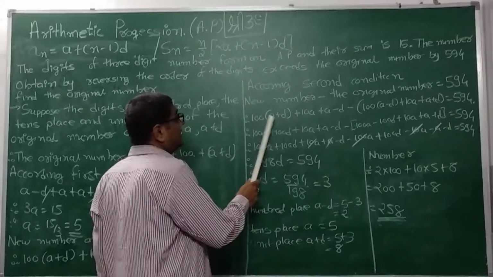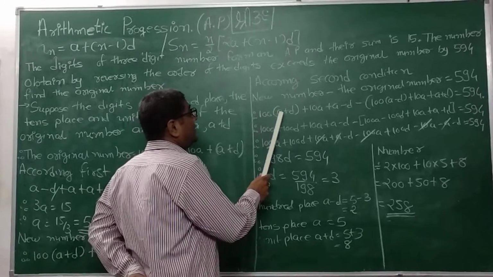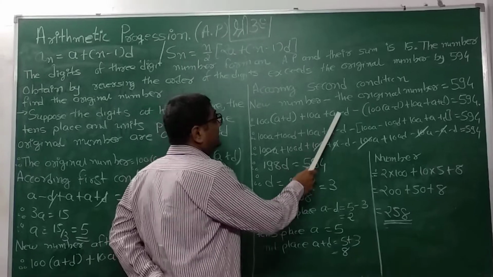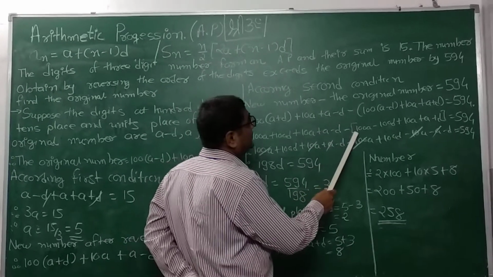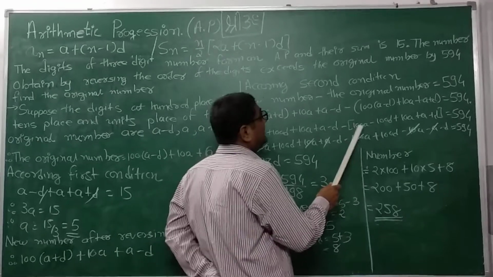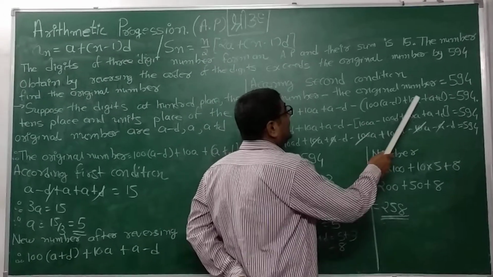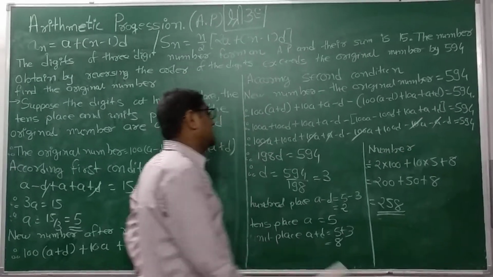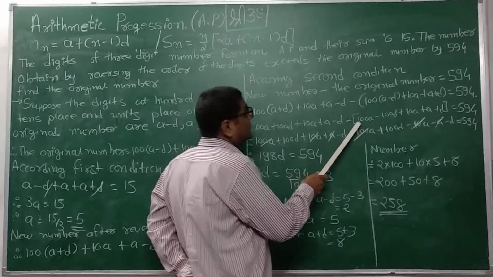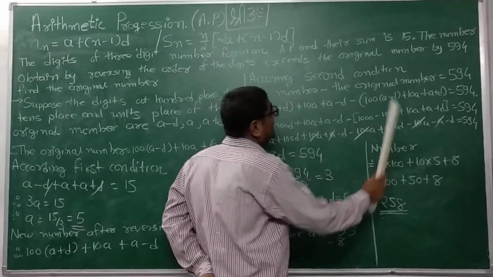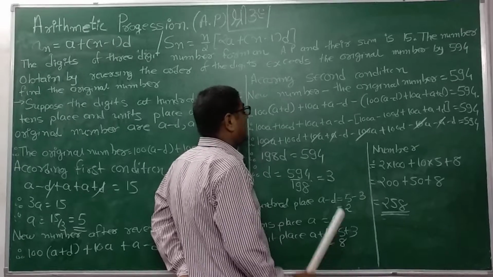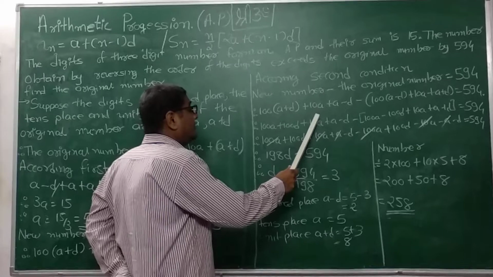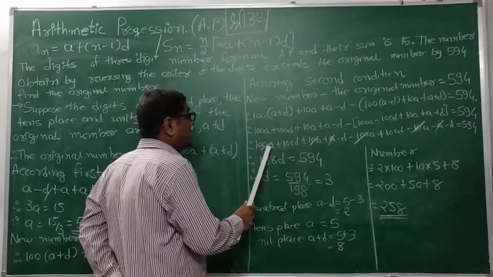Now we are applying the distributive property. So 100 into a is 100a, 100 into d, plus 10a as it is, this term as it is, minus, then we have to put a bracket again here, distributive property, that is 100a minus 100d, 10a as it is, and 594 also as it is. Now here a minus sign is there, so we have to change all the signs of the terms inside the bracket. So these first 5 terms we carry forward as it is,